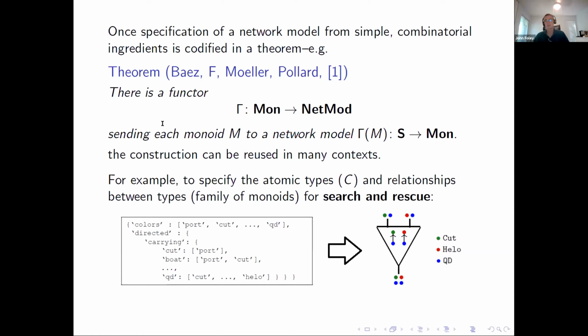And then you need to describe the family of monoids that you're going to use to construct your network models, which just describe which types are the right size to be put on other types. And so all this data can be specified in a,